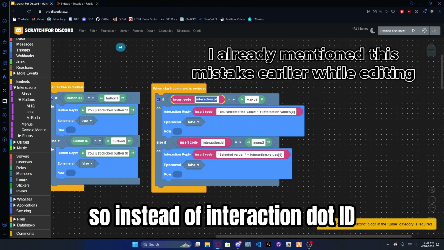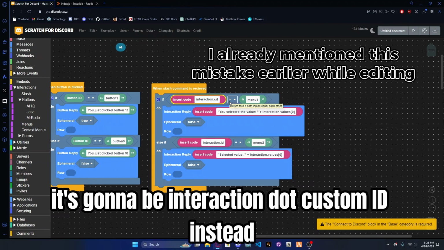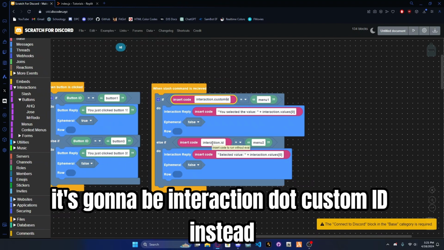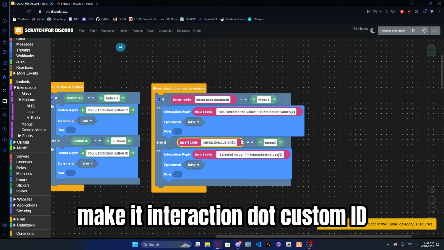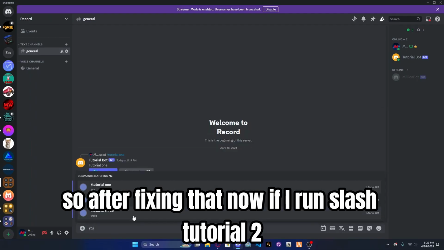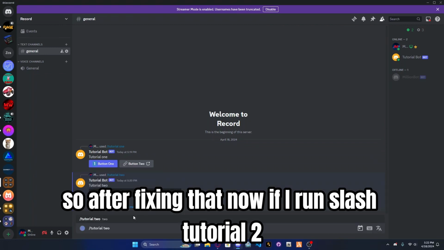So instead of interaction.id, it's going to be interaction.customID instead. So just replace wherever you put interaction.id, make it interaction.customID. So after fixing that, now if I run /tutorial 2,